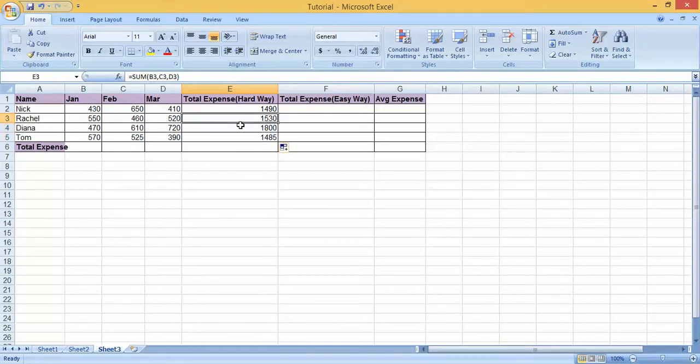Currently we are on the Rachel row. You can see it is B3, C3 and D3, and when you drag it, it gets updated automatically to B4, C4, D4 and B5, C5, D5. This happens automatically. Similarly, if you want the total expense for January, for all of them, you again go to the cell where you want to calculate the expense, and then you press equal to